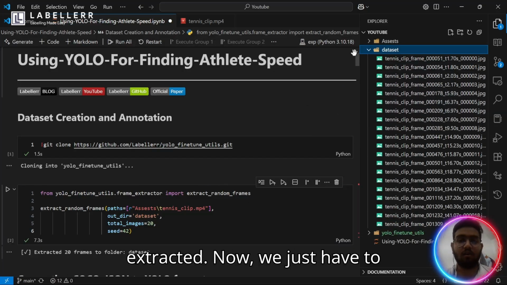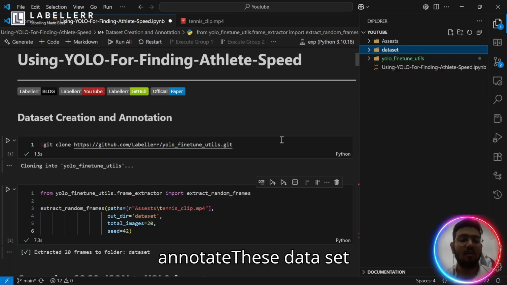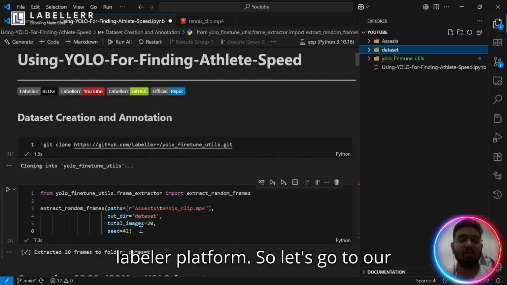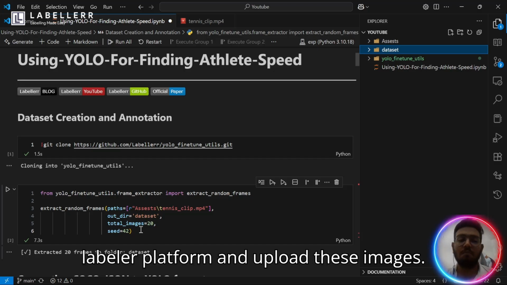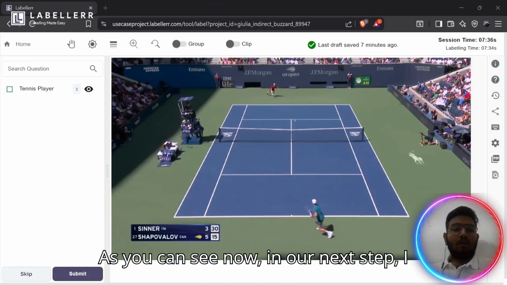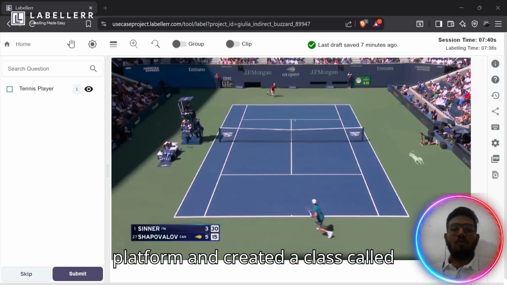Now we just have to annotate this dataset on the class of athlete. To do that, you can use our Labeler platform. So let's go to our Labeler platform and upload these images. As you can see, I have uploaded our dataset on the Labeler platform